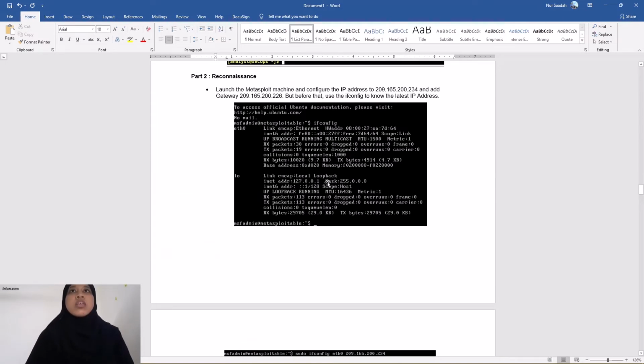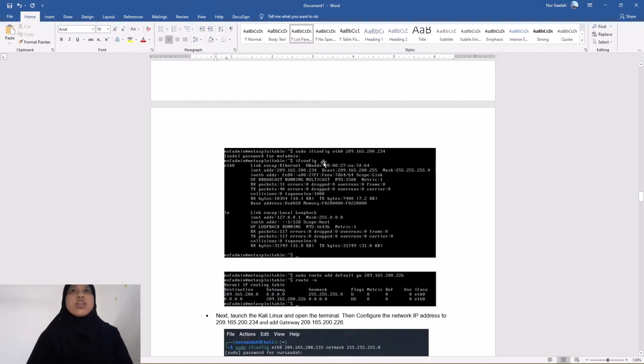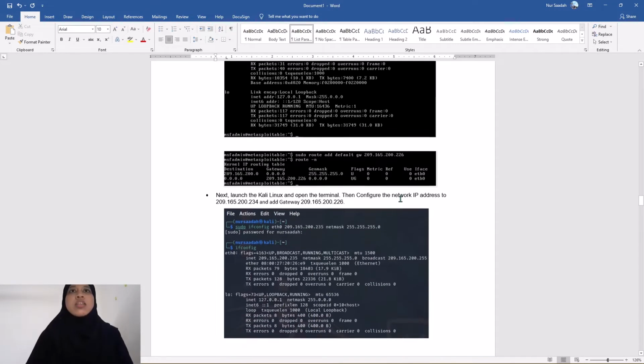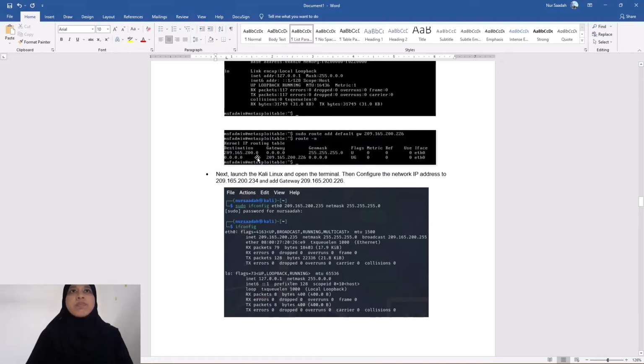Okay, to configure the IP address, I was using the command sudo ifconfig eth0 and the IP address. Then using the ifconfig command to check the IP address again. Then for adding the gateway, I was using the command sudo route add default gw 209.165.200.226, and using the same command as in the CyberOps, which is route -n, and it will display the default